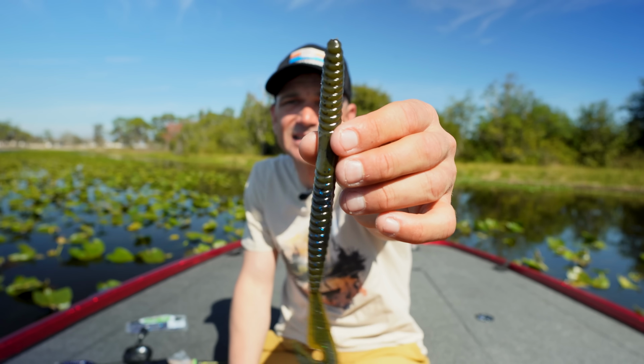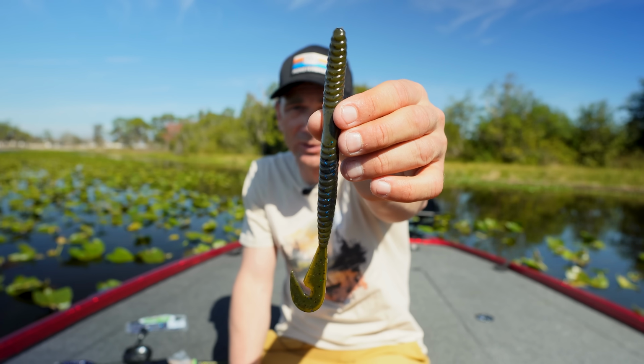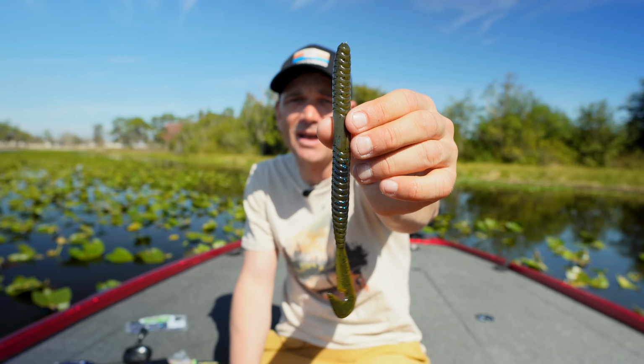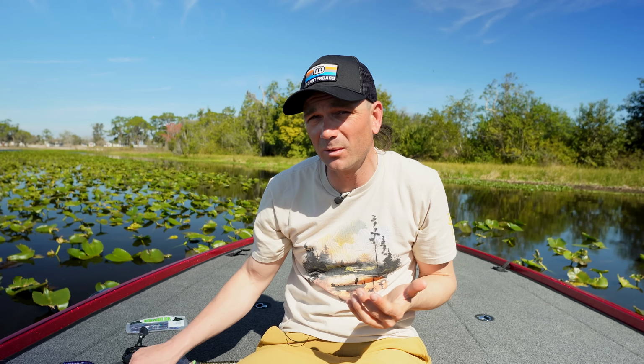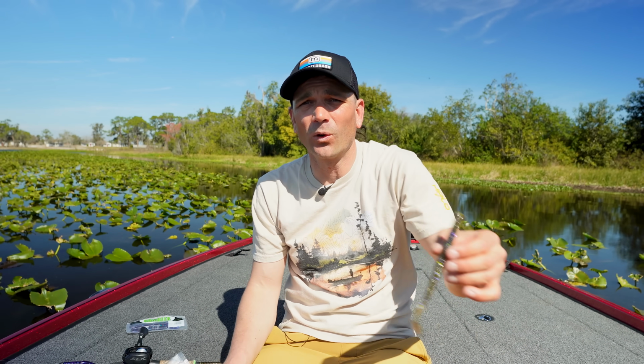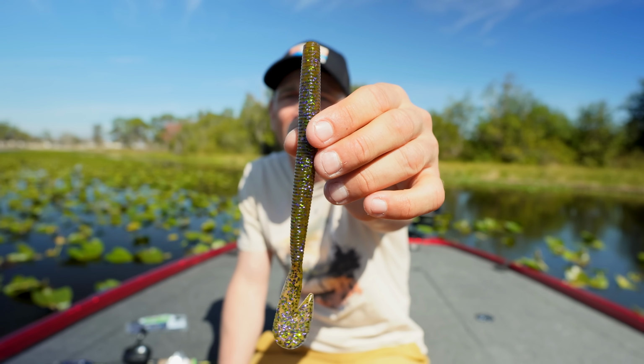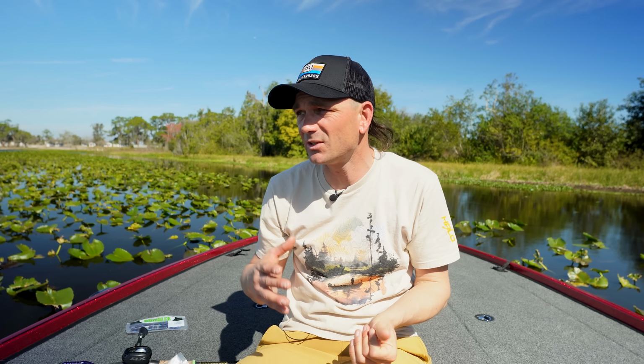Now this is the 7-inch burner worm. It's mondo, bro. Like, it's a big one. But when it comes to Florida, or if you're fishing lakes that have some big bass or eat some very big forage, you got big brim, something like that, the bigger worms are actually killer because you can cast them an absolute mile and they float up really well on that 3/16, so they're a little easier to buzz higher